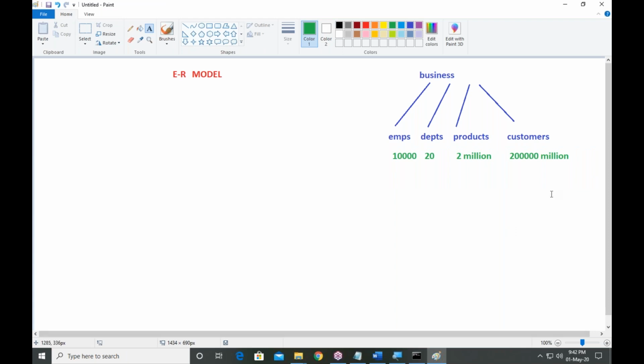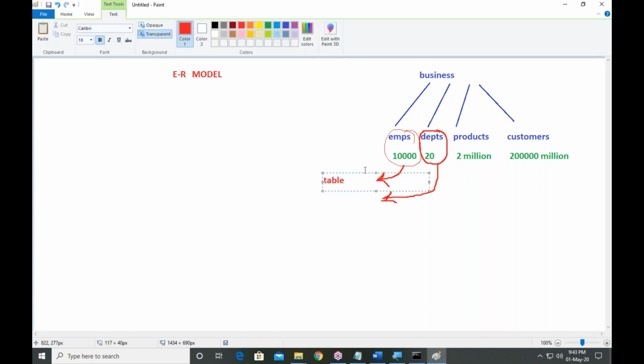This is my business data. I want to store employee data at one place. Similarly, department data at one place. It should be stored in the database. To store employee data, we need a table.